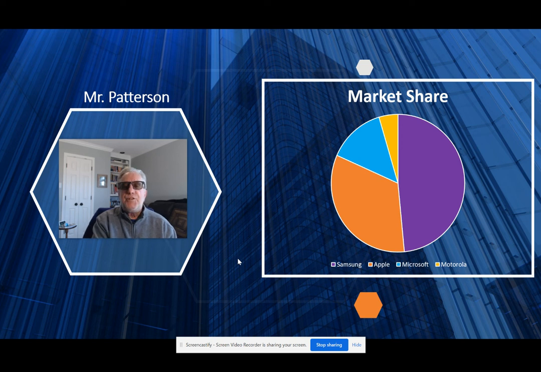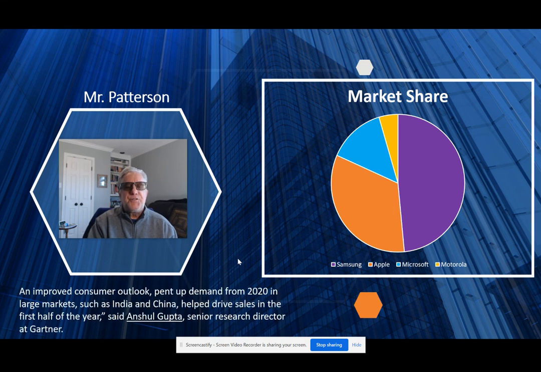Finally, make sure that you not only cite your sources in APA format at the end of your outline, but cite your sources aloud. It's a speech. Cite your sources aloud. So in this instance, Anshul Gupta is a senior research director at Gartner Communications, and he said the following.